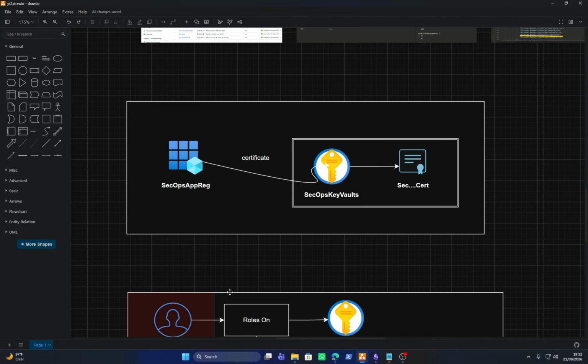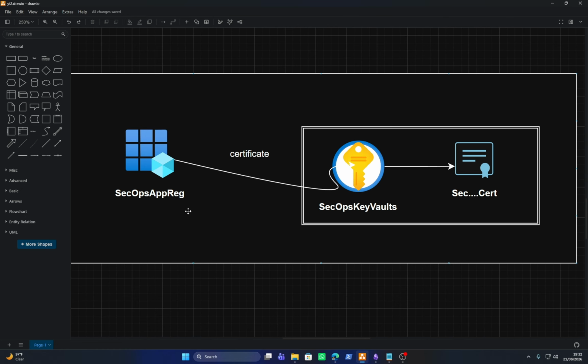This is the lab environment that we are going to work on. There is an app registration that is named SecOps app registration, and it is using a certificate from a key vault, and this key vault is SecOps key vault. So first things first, let me show you how it actually works, how a certificate can be used to manage